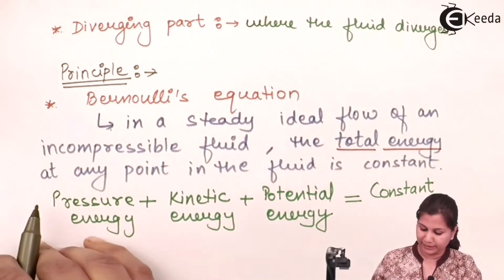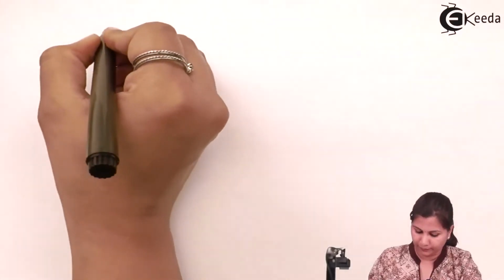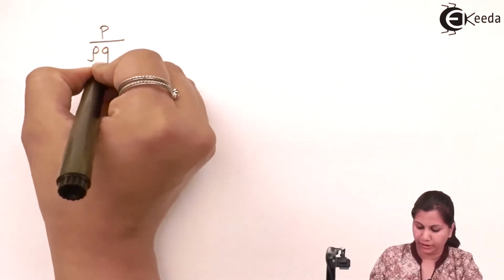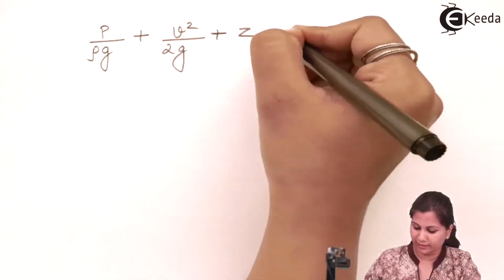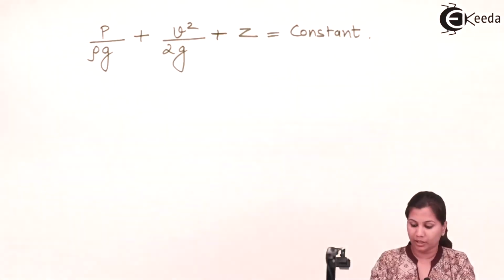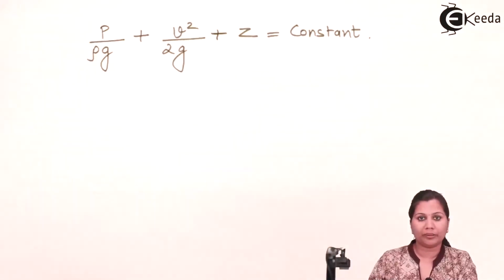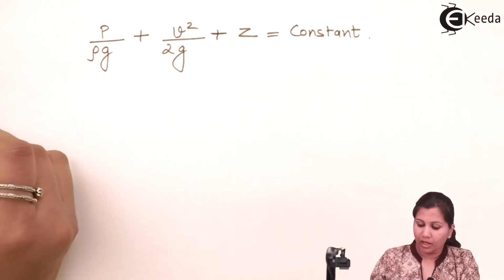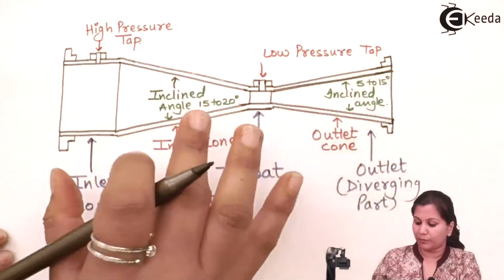Now if we represent it mathematically, then pressure energy is equal to P upon rho g, kinetic energy is V square upon 2g, and potential energy is Z, and it is equal to a constant. Here all the energies are taken per unit weight of the fluid, so it is a volumetric energy. Now in this Venturi tube, if we apply Bernoulli's equation,